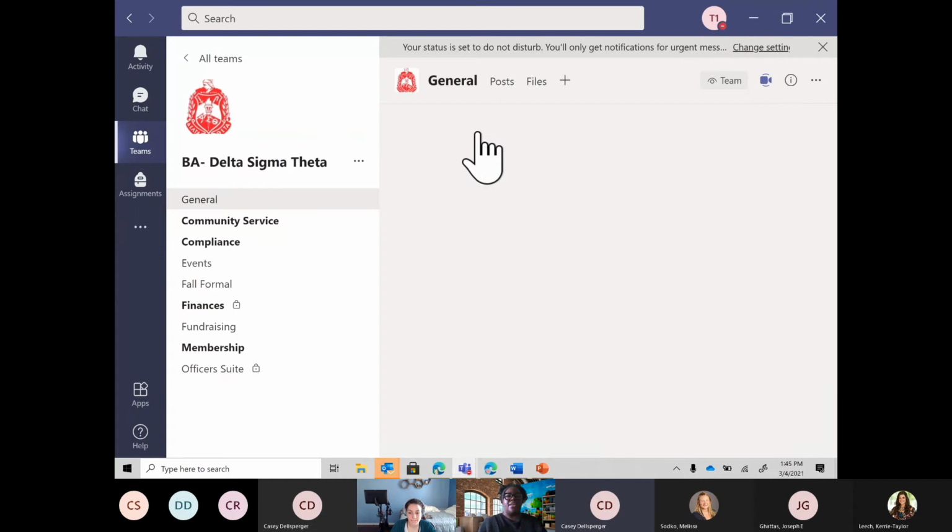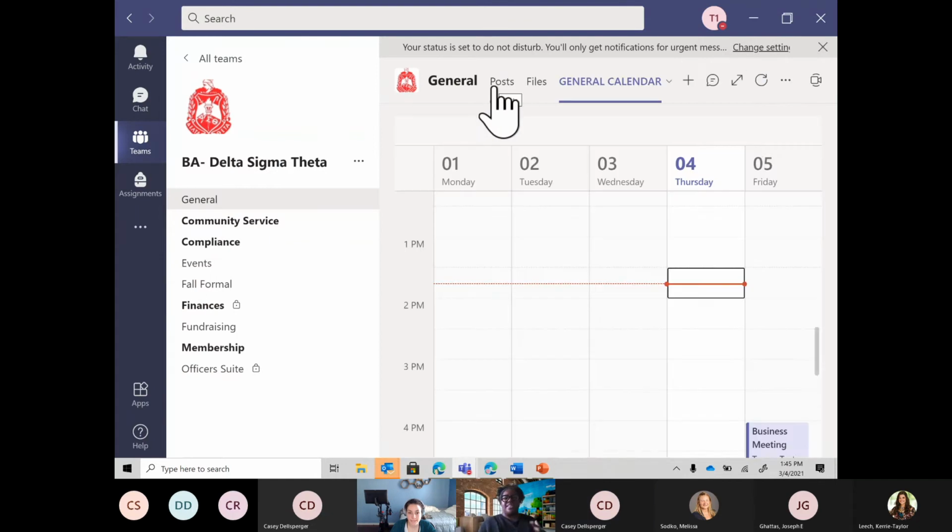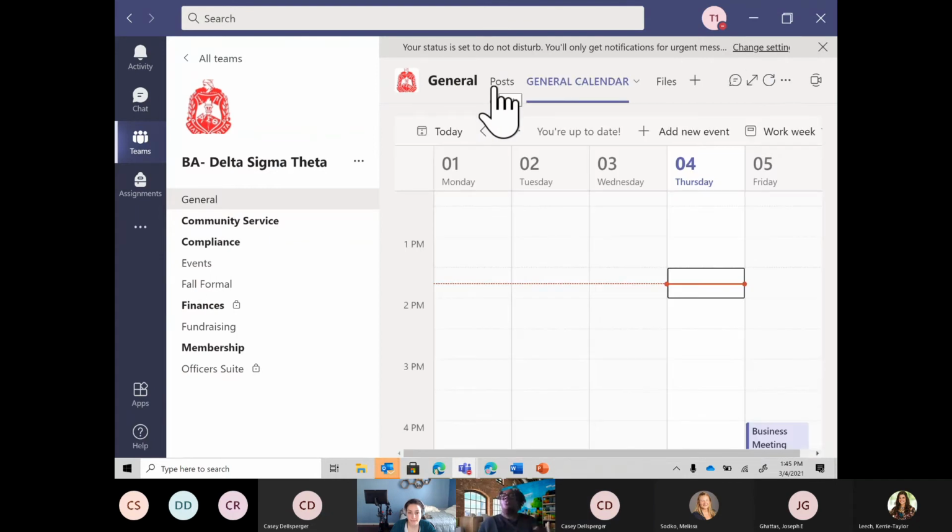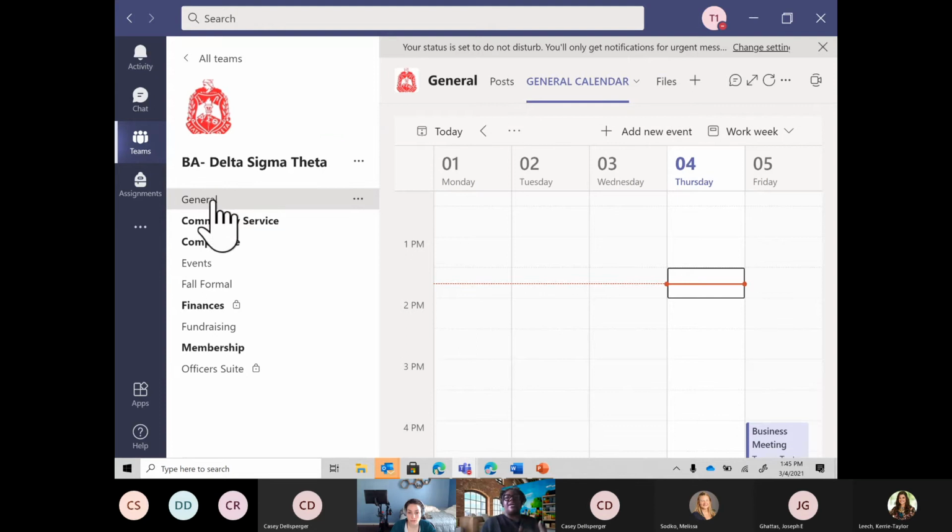So we've got all of our calendars shared. That's something that I think everybody in the organization would probably deal with. That's why that lives in that general channel. But what are some of the other things that we can do when we need to collaborate? Remember,